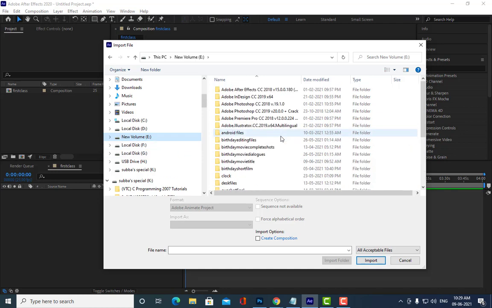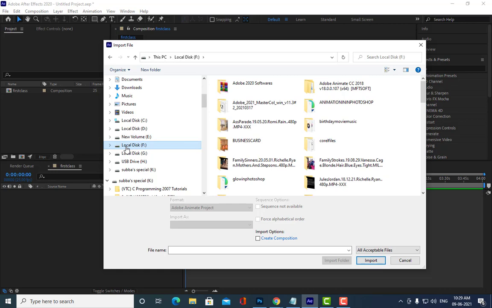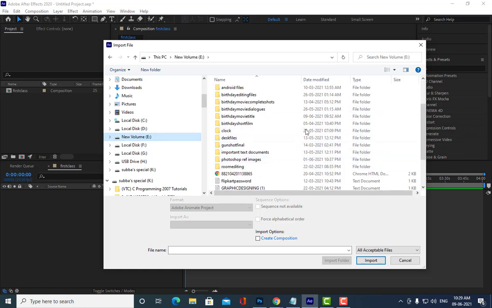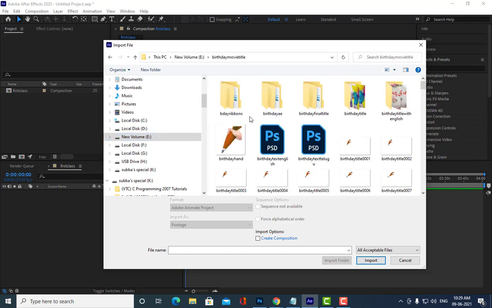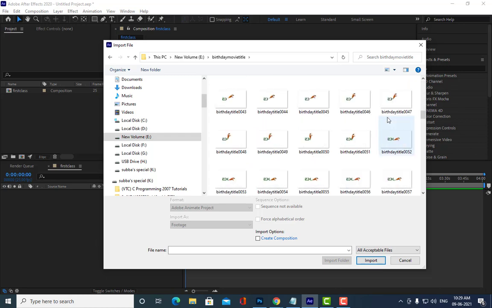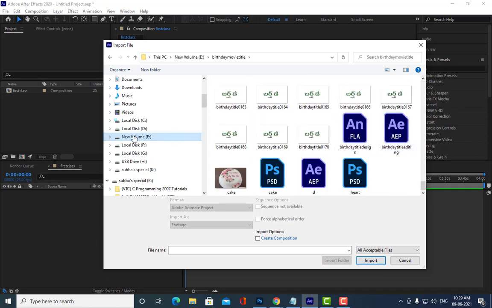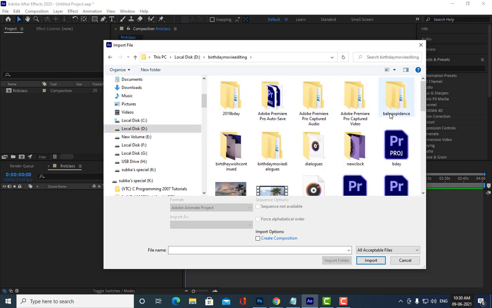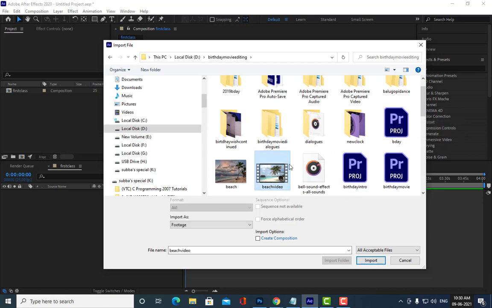One minute. So let me see. I am selecting these two files actually. See, one is a video, another is an image.